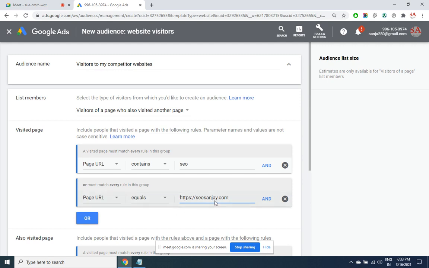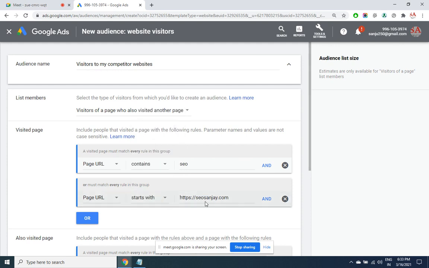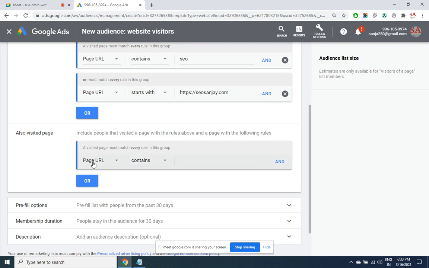This is a home page. I can even give a starts with. Then all the pages will be covered. Someone has visited internal pages, contact us page, about us page. Okay. So rival marketing plus remarketing. And you have also visited in case you have got multiple conditions. So this is optional.